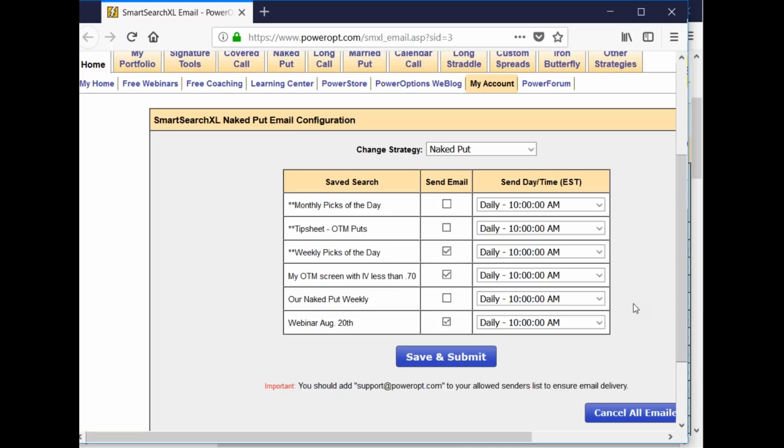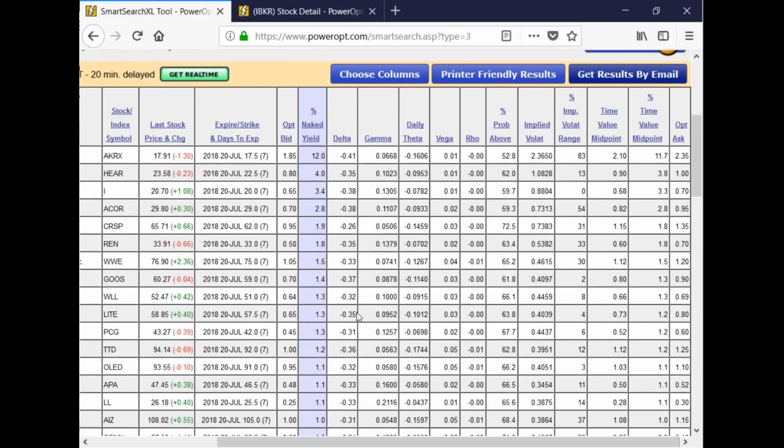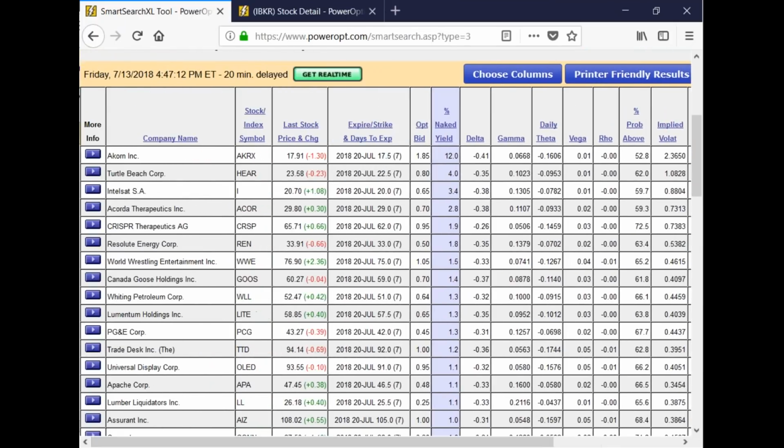Okay, so this is what the customer had done. He was receiving our weekly picks of the day search results via email at 10 a.m. And you just click Save and Submit, or cancel all emailed reports. What he didn't like is that based on the criteria we've used, and by the way, I back-tested